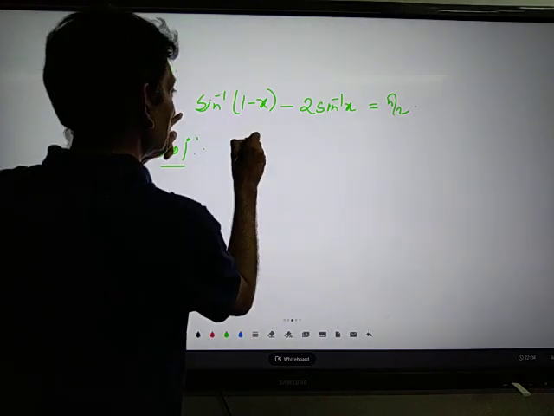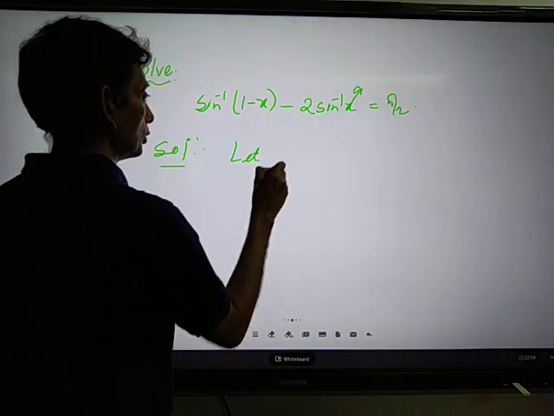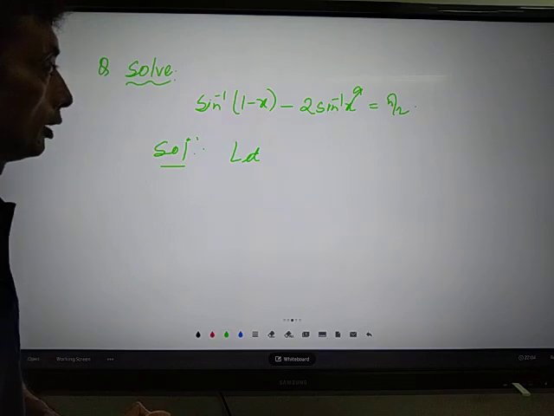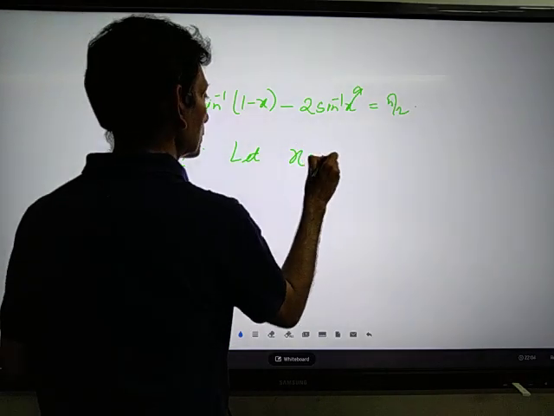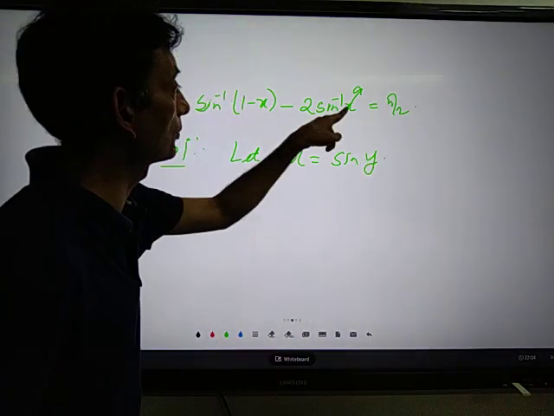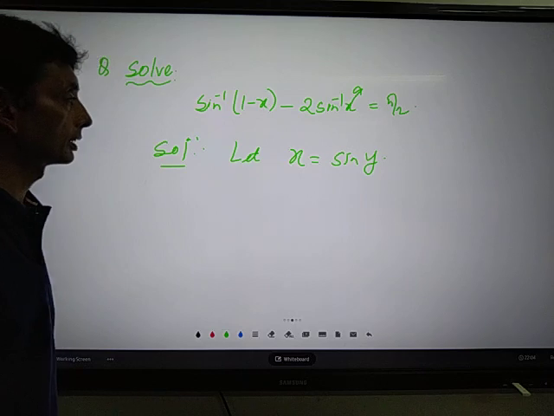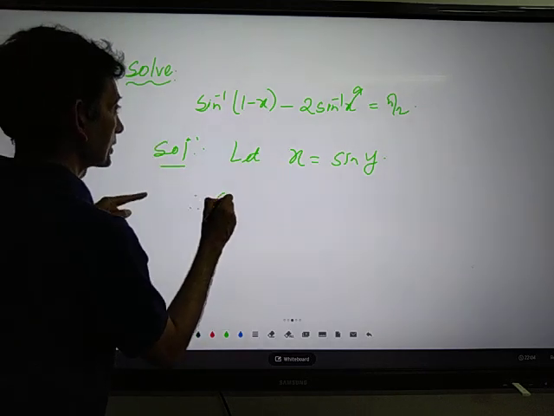So what I'm going to do is assume the value of x. Let x be equal to sine y. Since it is sine inverse x, we're just assuming x in terms of sine. x is equal to sine y. Therefore, sine inverse